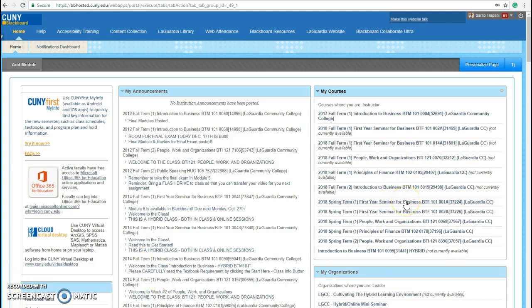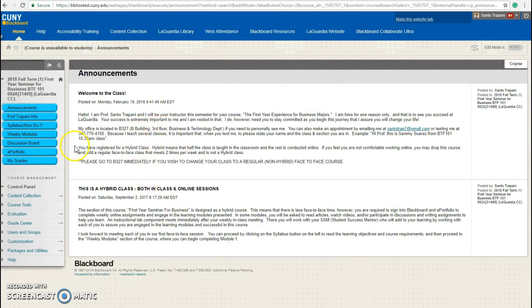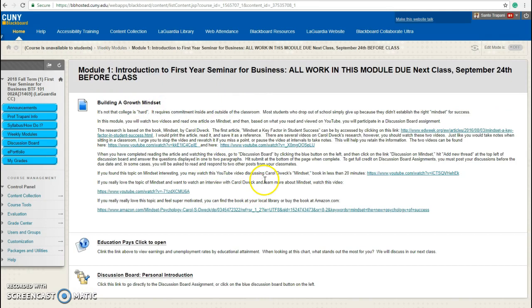First thing you're going to do is, once you sign into Blackboard, you'll go to your course. And then once you get into the course, you will see the class. You'll go into weekly modules. You'll see the module, that's module 1. And in the assignment,